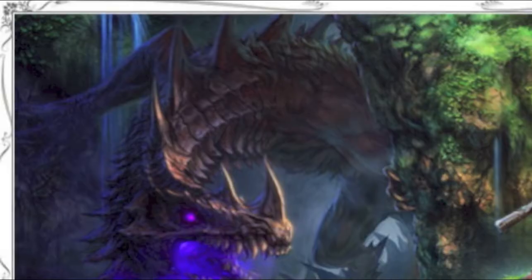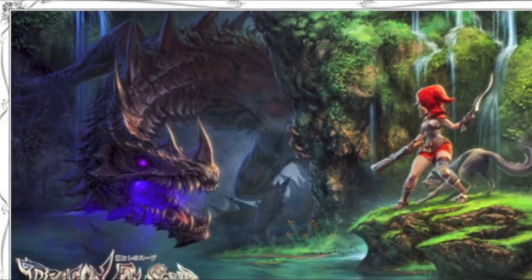First up, we have Dragonfin Soup, a charming SNES-style RPG with roguelike elements. It's set in a twisted fairy tale world, which actually reminds me quite a bit of the Fables graphic novels if you've ever read them. At the moment, the main character seems to be Little Red Riding Hood, with a stretch goal aimed at adding a new playable character. You can play through the game in two different modes, a traditional story mode and a